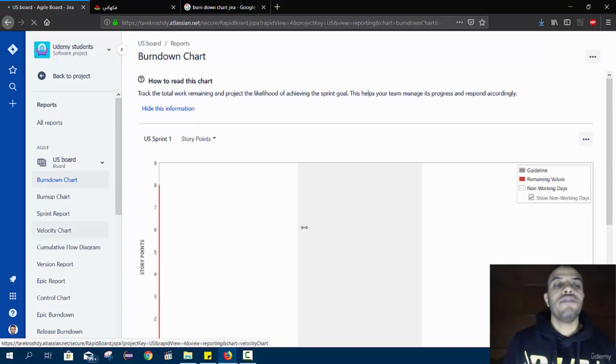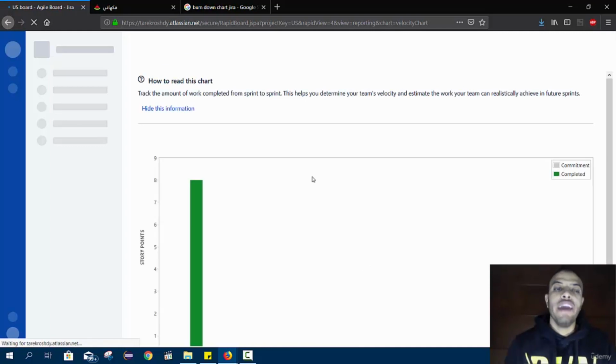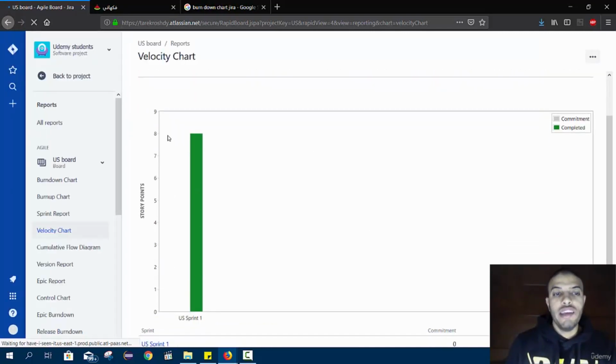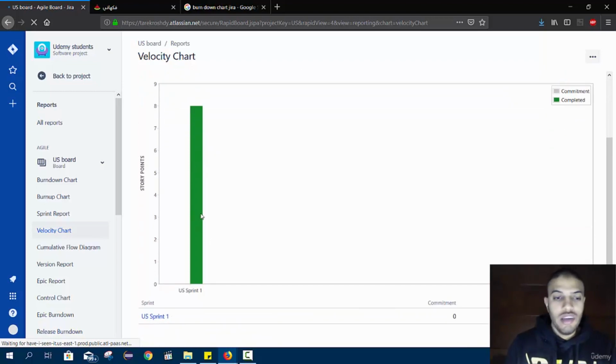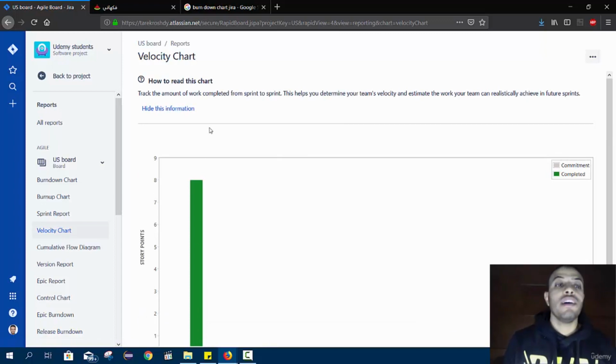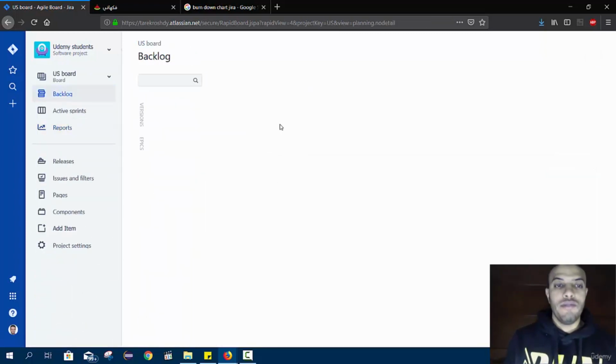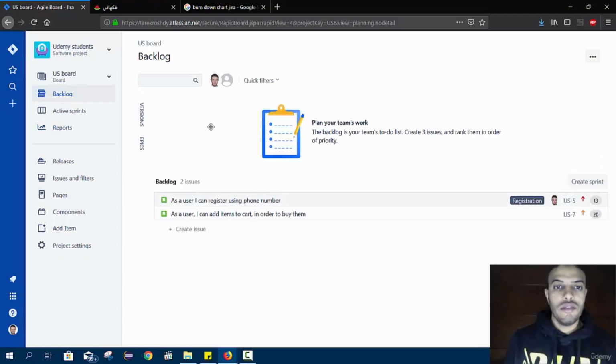The second chart is the velocity chart, which shows how much work we can do inside each iteration. So in this iteration, we finished 8 story points. Here it does not say that I am committed to anything. This is strange. Let's create another iteration and see the problem. So the next iteration, okay,